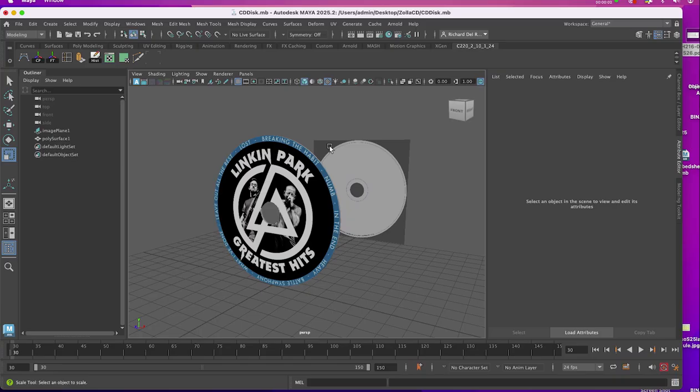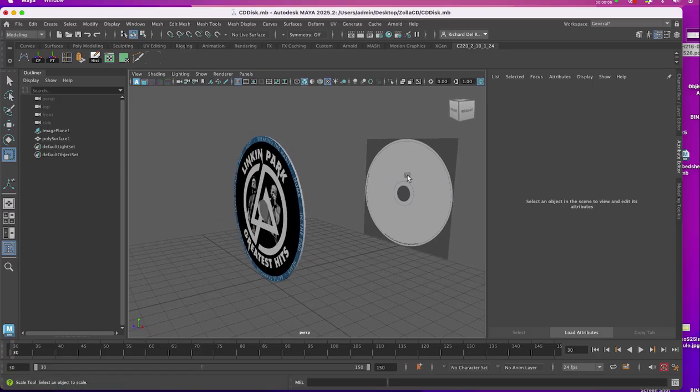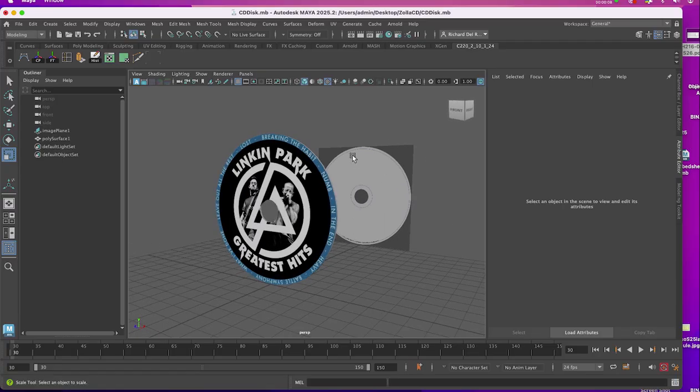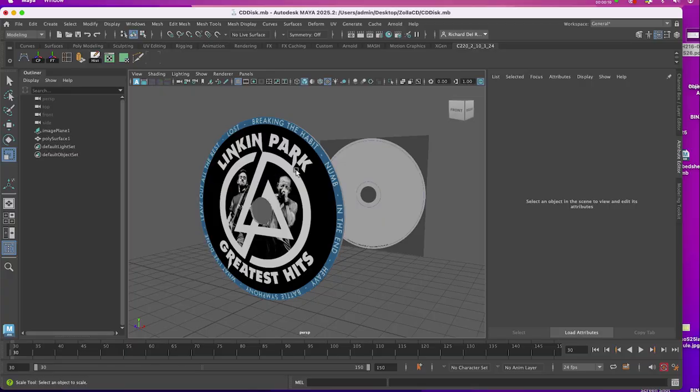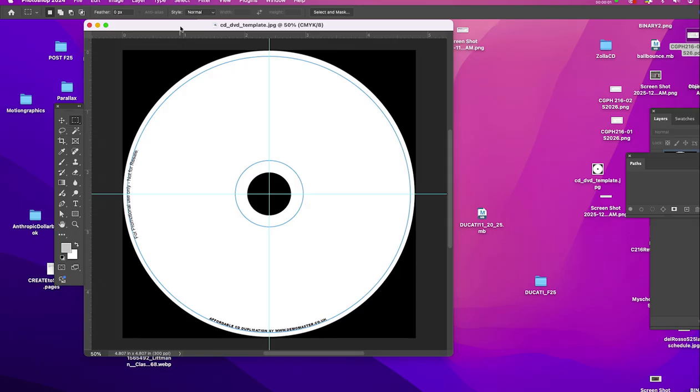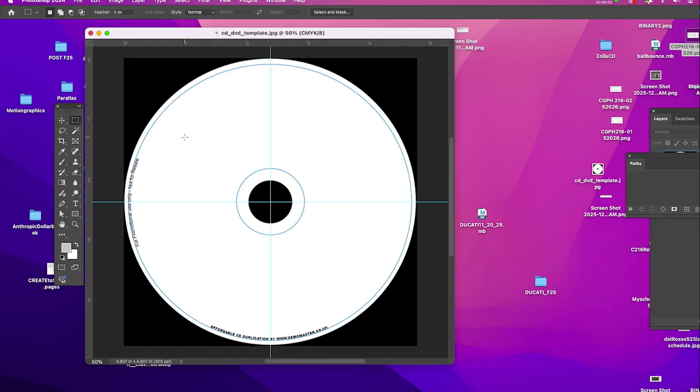In this video, we're going to create a CD disk and put a texture on it. We'll start with the template, and then we'll construct it using cylinders. I found a template for the shape of a CD. I've converted it to a JPEG, and now I'm going to open it in Maya and put it on a